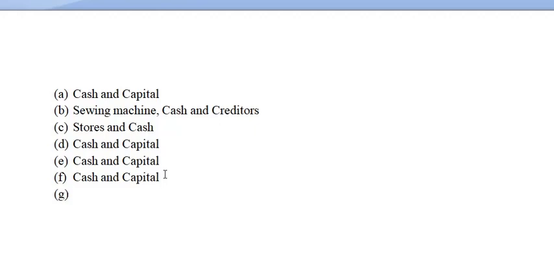Now in point number G, paid rupees 500 to suppliers of sewing machine. Now this is for the sewing machine. These are the suppliers. So you are paying cash. So cash will get reduced and creditors will also get reduced by 500. So both cash and creditors are involved out here. One item is debited, the other one is credited.